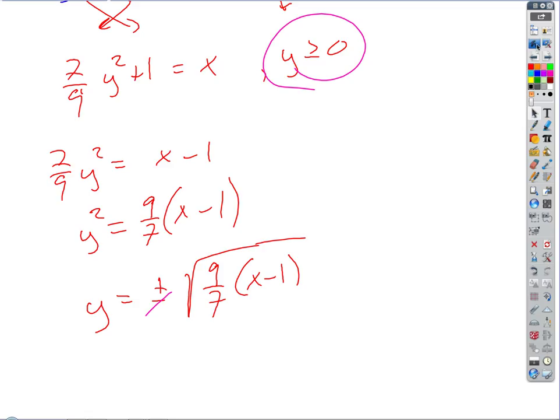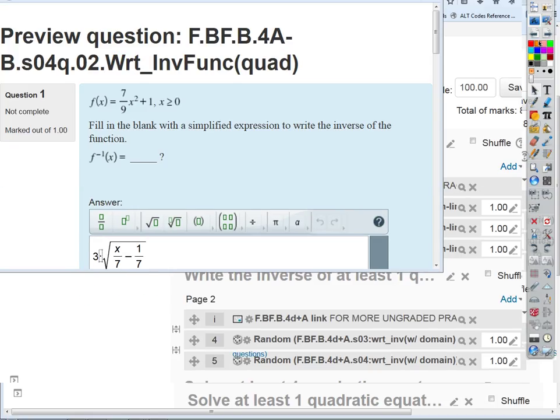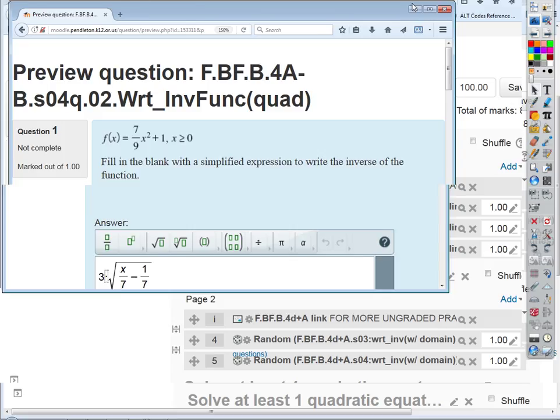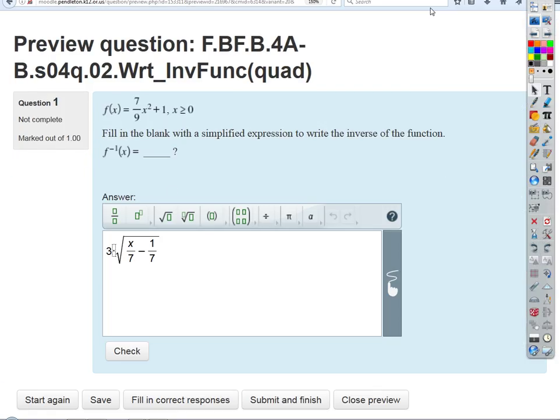All right. So let me make sure that what I just told you is true. So if I put this in as, yeah, it'd be fine. It'd be fine either way. You could prove it to yourself and me. So if I just write this as the square root of 9/7 times